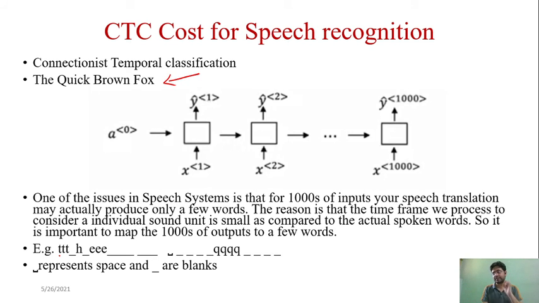Even if someone says "the" in a drawn-out way, or even longer, it will still work well. This particular concept is known as the CTC cost model, connectionist temporal classification model. Right. The beauty behind that is that even a kid can perform speech recognition very well. So that is the beauty behind this model, right? This is one application of the attention mechanism.